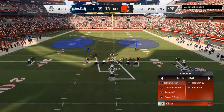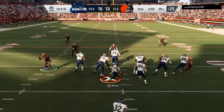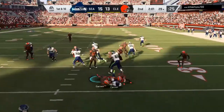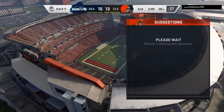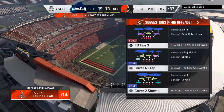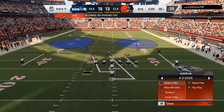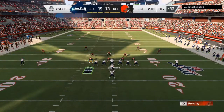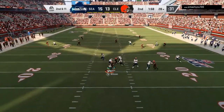Coming to the line here to begin their next drive, the Seahawks offense. Touchdowns on back-to-back drives, so a very good flow right now offensively. Hard to slow them down, too, because they are locked in. Feel like the offense coordinator is a little bit ahead of the defensive guys right now. They're beating them to the punch with their play calls. They've got a nice rhythm they're locked into. How can the defensive guys come up with something that'll...